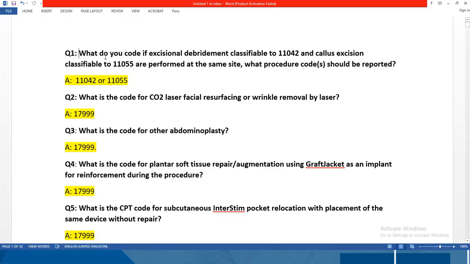So in the first question, what do you code if excisional debridement classifiable to 11042 and callus excision classifiable to 11055 are performed at the same site? What procedure code should be reported? So here our keyword will be same site. So the patient is performing both excisional debridement as well as the callus excision at the same location. So which code will you use? 11042 or